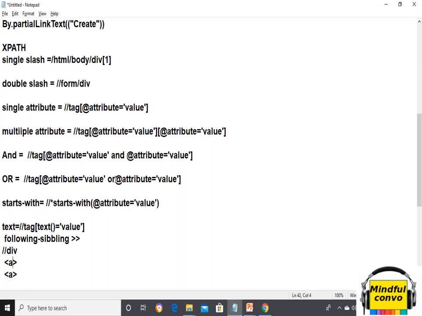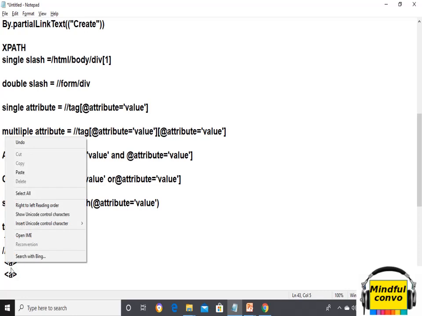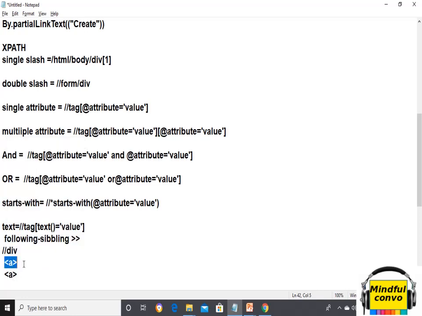So if I am on this tag and I want to come to this tag, then I will use the following sibling. As the name suggests, sibling means either the brothers or the sisters. So here both the A's are brothers.